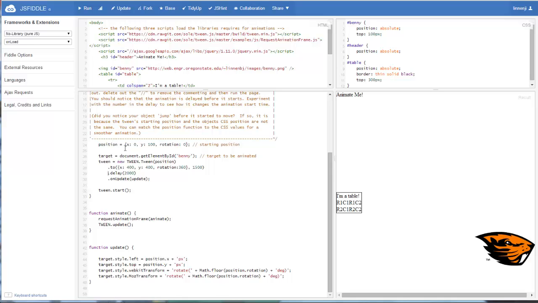And if we look, we can kind of see what this animation is going to be doing. It's going to take us from x0 to x400. So we're going to be moving from left to right. We're going to be moving down from position 100 to 400 on our Y. And we're going to end up doing one full rotation in 1.5 seconds. So now that we've added the delay, we should see a 2-second delay after I click start to when the